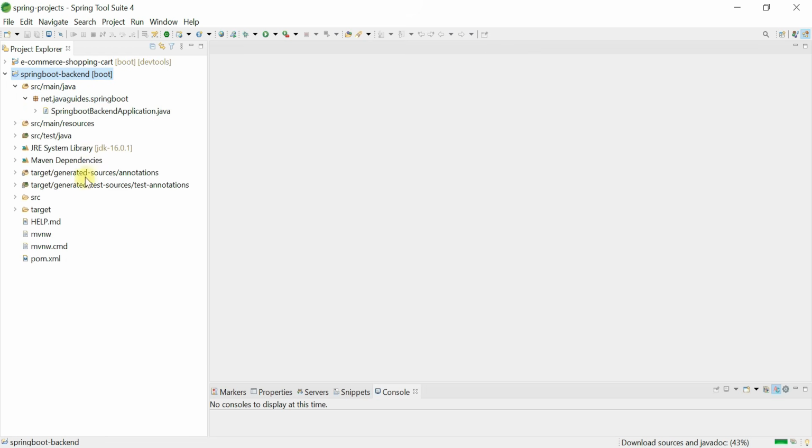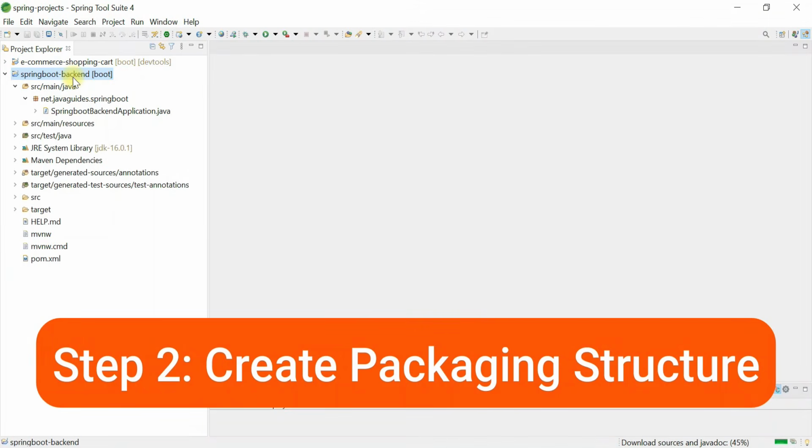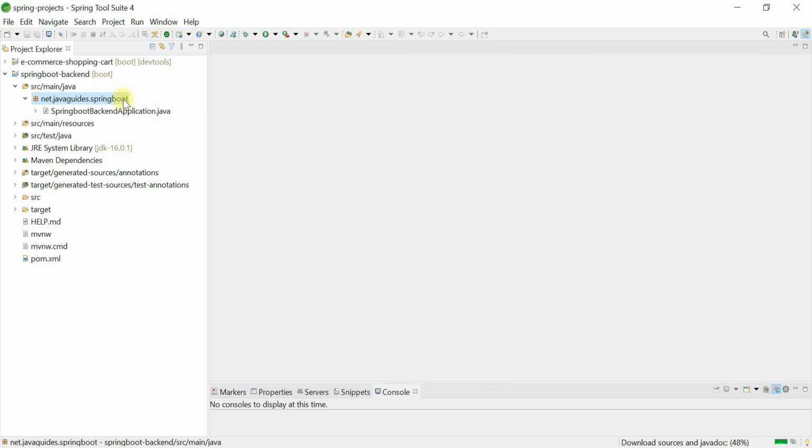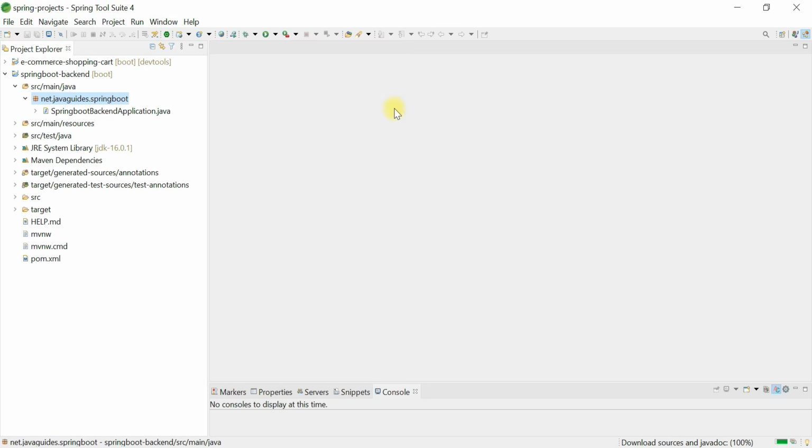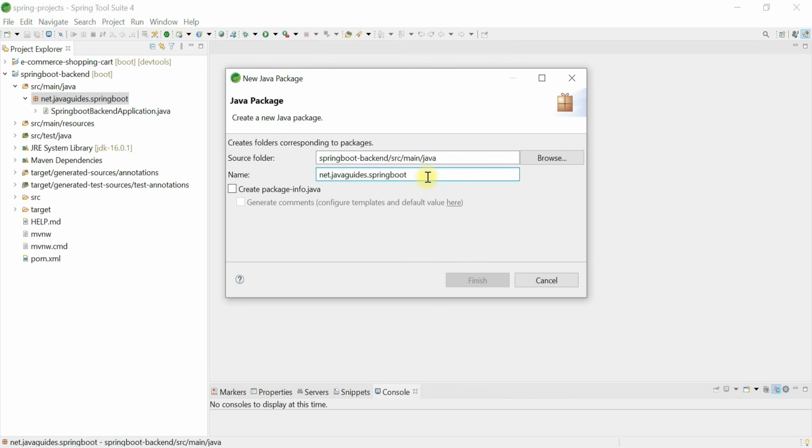Alright, this is the first step. We have created our Spring Boot project. The next step is to create a packaging structure for our Spring Boot project. Go ahead and right click on the main package here, choose New, and then Package. We're going to create a standard project structure, guys. Give the package name as